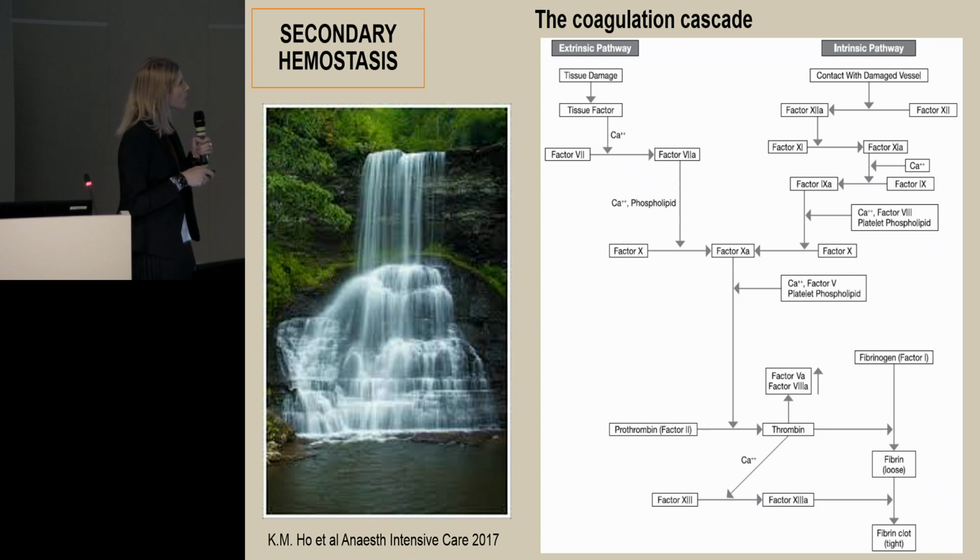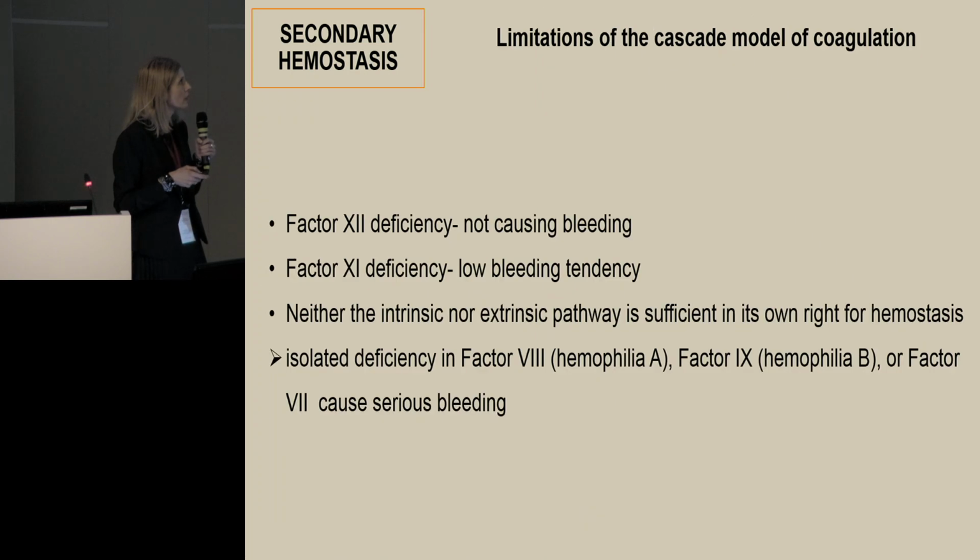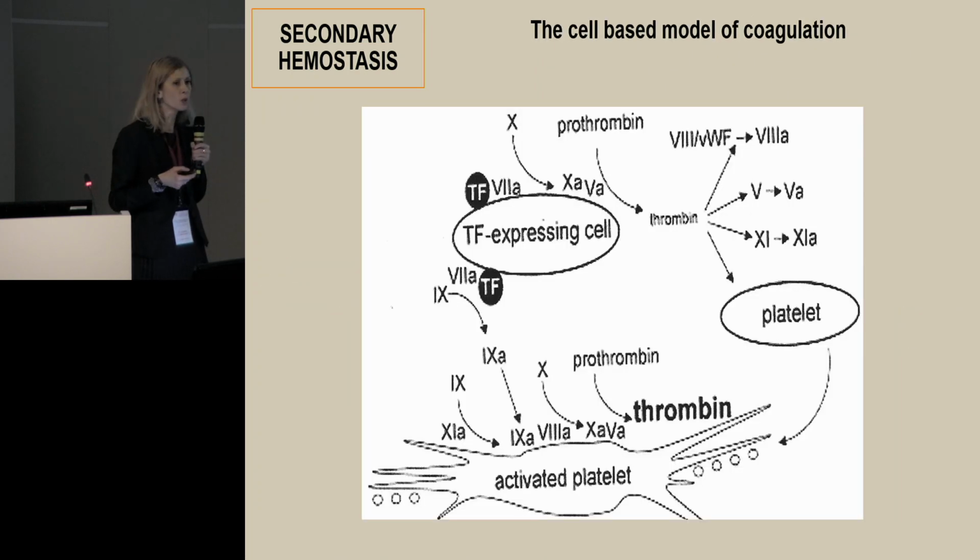Similarly, if we have problems with factor 7 from an extrinsic pathway, we still have a functioning intrinsic pathway, but still the patients will bleed. So these problems are not explained by the coagulation cascade model. So this is why we have another model, which is the cell-based model of coagulation, which was described by Monroe